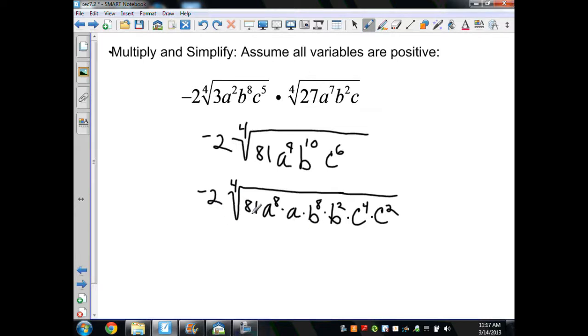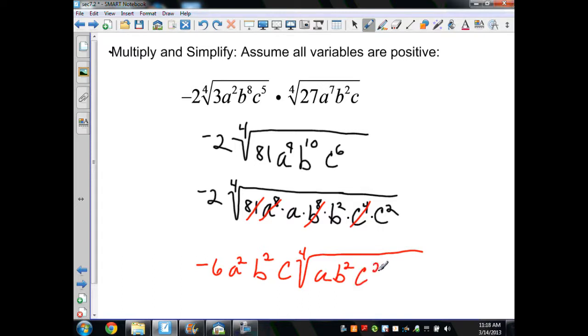So I can take the fourth root of 81. That would be 3. 3 times a -2 is a -6. The fourth root of a to the 8th is a squared. The fourth root of b to the 8th is b squared. And the fourth root of c to the 4th is c. Then what's left under the radical is what I could not take out, which would be a, b squared,